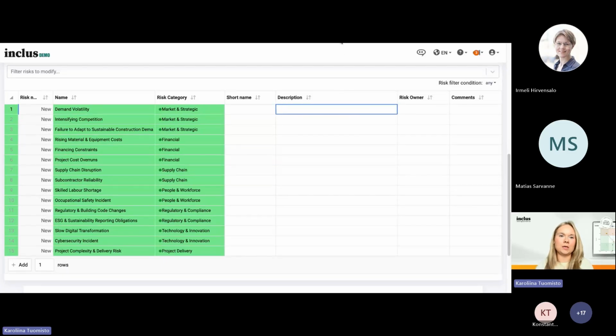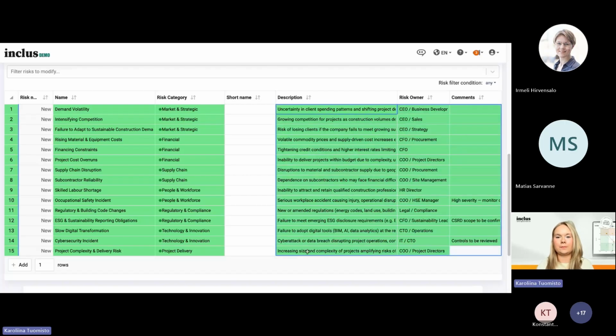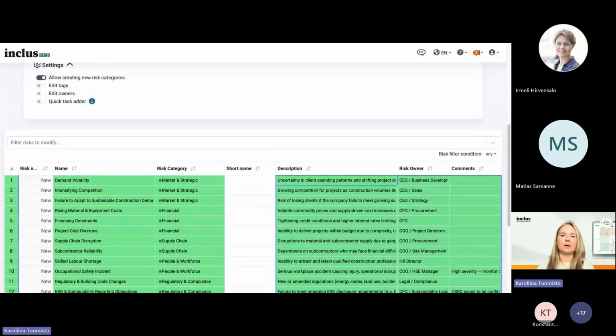Then I'm going to do the same with the description and owner and comment section as well. Here. Yeah, so now we have everything except for the current controls